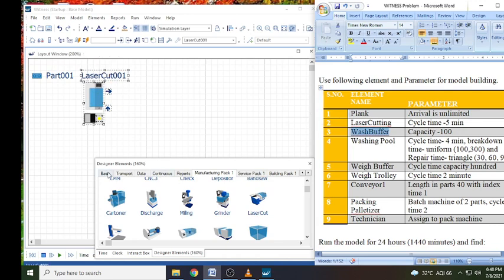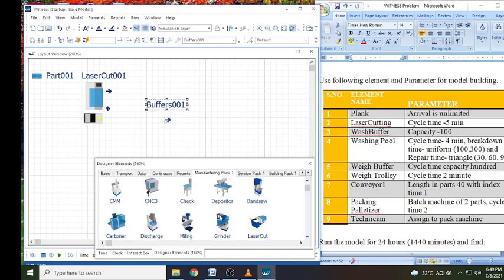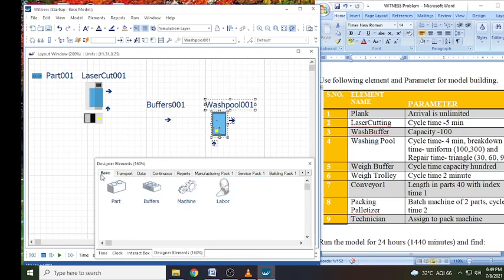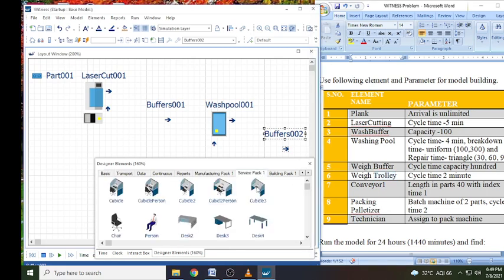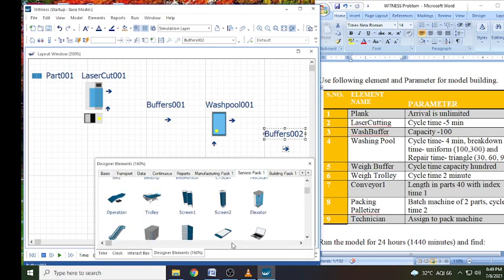Wash buffer is here. Then we have the washing pool. It is available here in the service pack. Manufacturing pack, wash buffer is here, washing pool. Then we have the weigh buffer again in the basic tab. We have the buffer. After that we have the weigh trolley, which is available in the service pack. Here it is. A trolley is here.